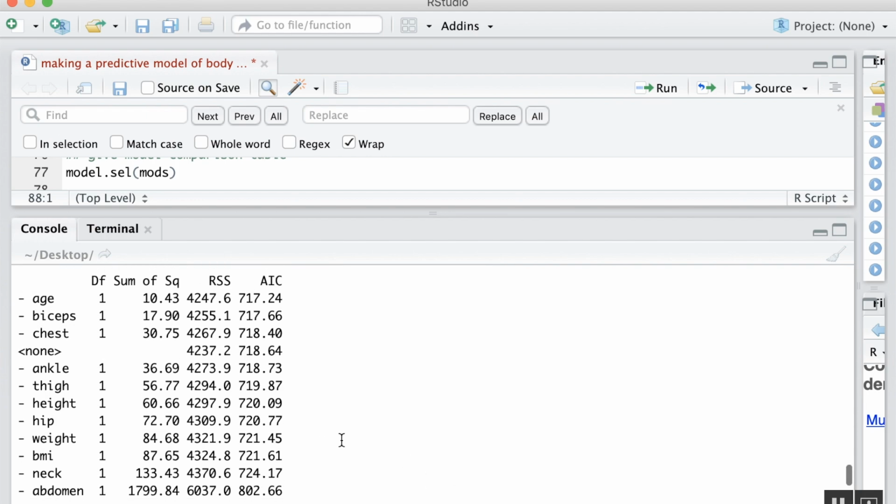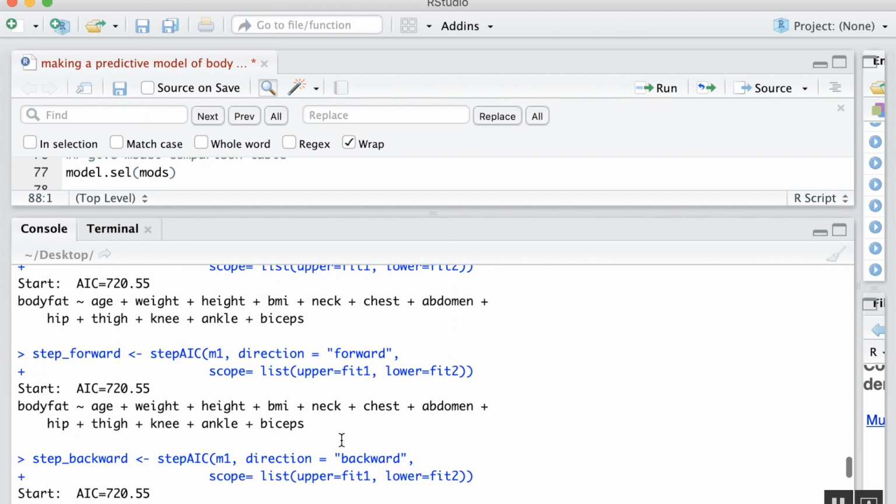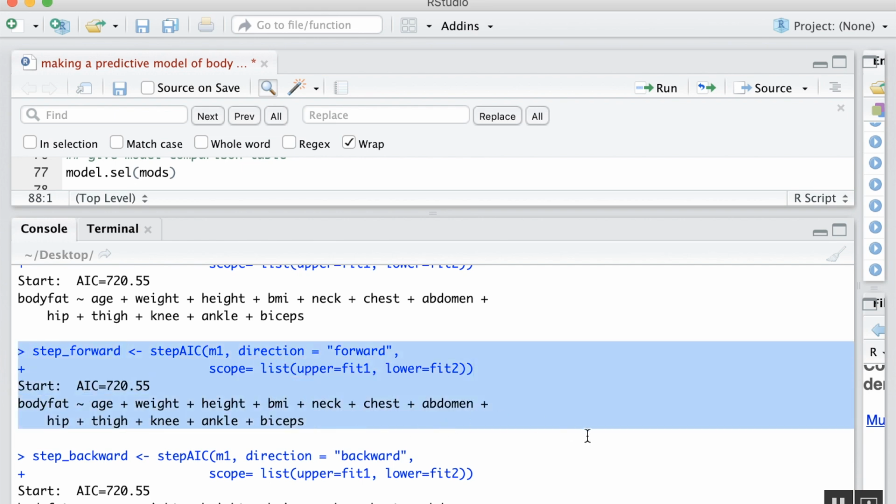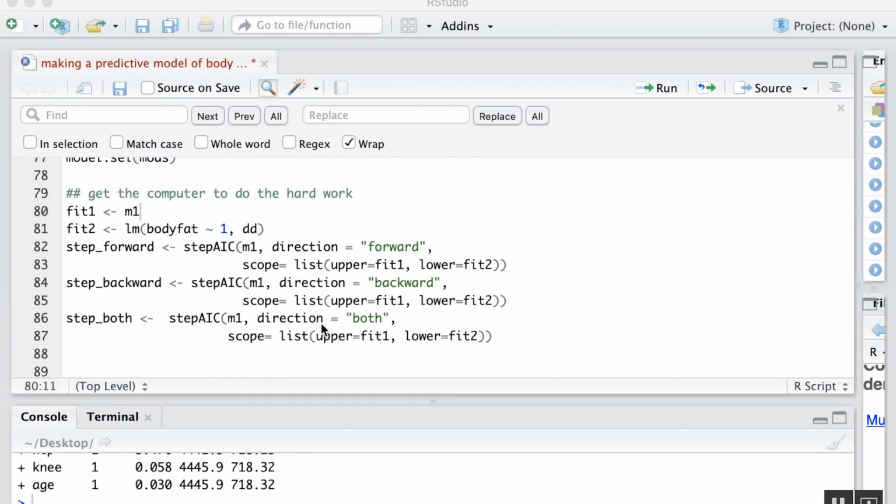And let's have a look at the forward. Forward hasn't actually done anything. I will just pause and check out why. Okay, the reason is that this argument here is the starting model, and we've started with the full model going forwards, as in adding variables, and there's no more variables to add, so nothing happens. What we'll do is here start with fit2. That's the intercept only model. We run it